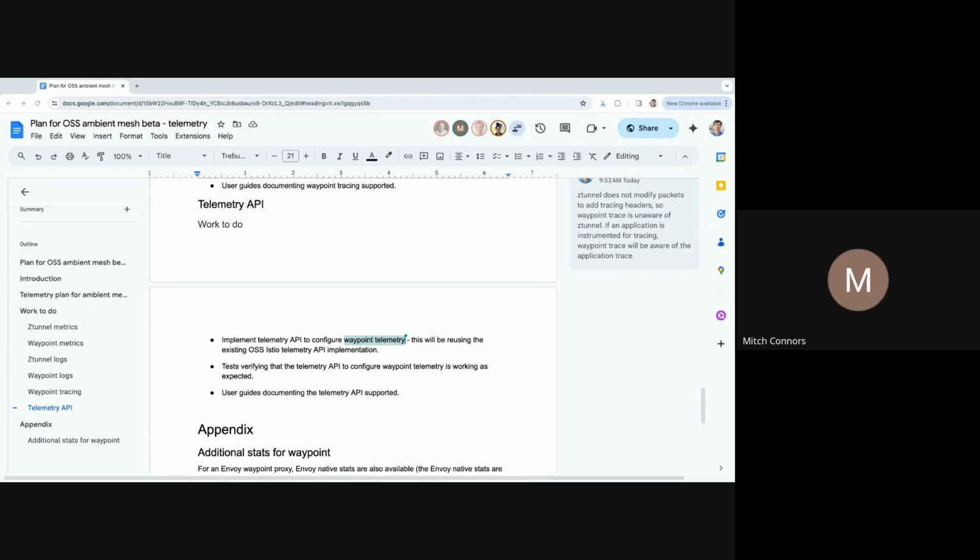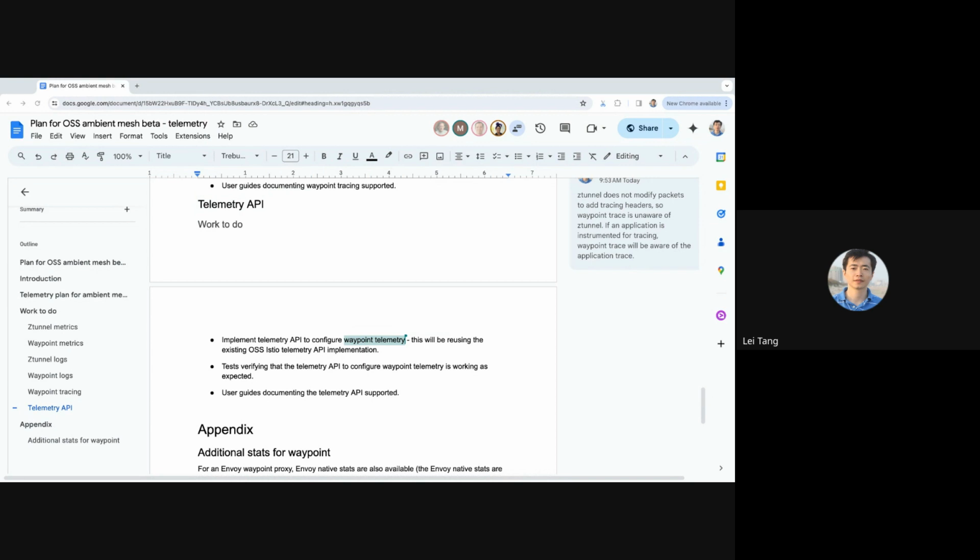So, for instance, the telemetry API provides a way to select a telemetry provider. Would that not be relevant to the ztunnel as it is to the waypoint? Yeah, so ztunnel, for example, for logs, it can always export it to stdout, right? Then you can do whatever redirection, for example, redirect to your log backend, but it's up to you. For OSS implementation, it will be just simpler. And for metrics, similarly, it currently supports Prometheus scraping.